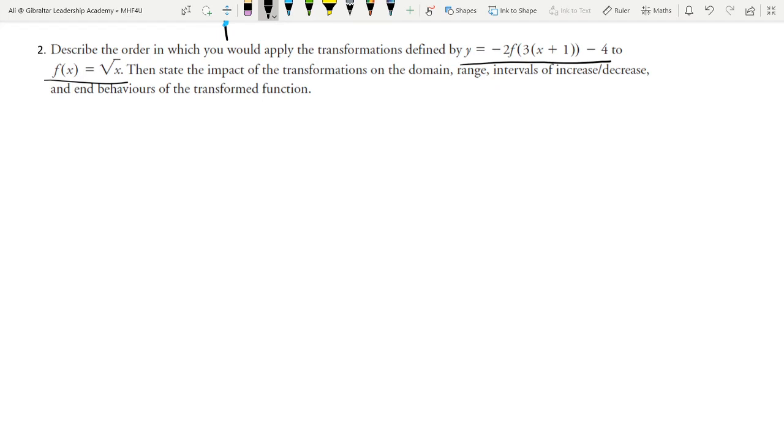Let's first understand what the transformations are. The negative 2 is a vertical stretch plus a reflection